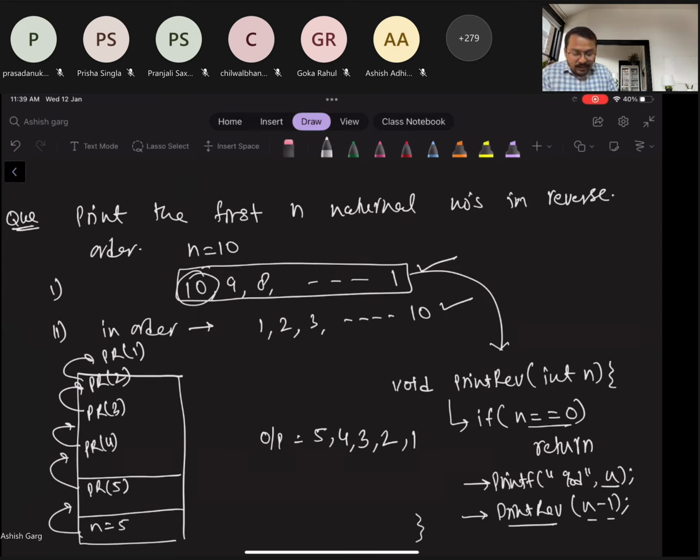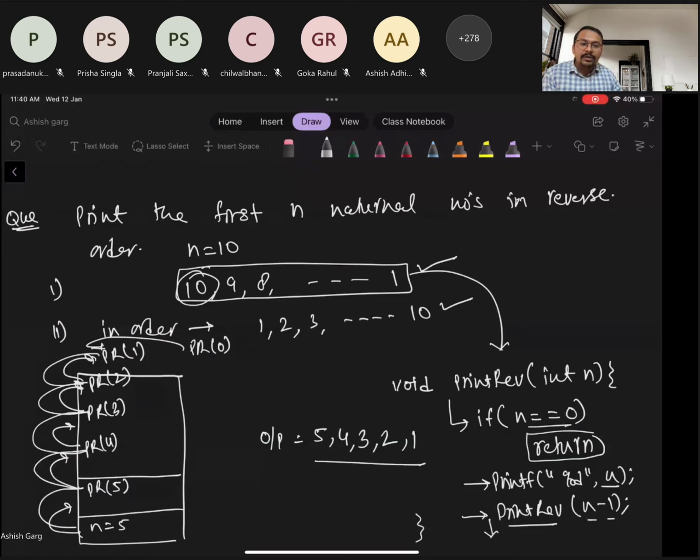So when pr of 0 is called, it will plainly return, and after return, it will come to pr of 1, and after that call we don't have anything, so it will just return, and then return. So we will get 5 4 3 2 1 in our answer. This is how we can do it.